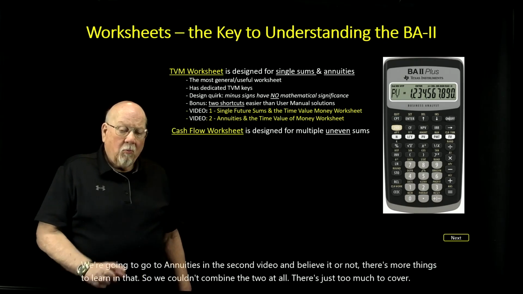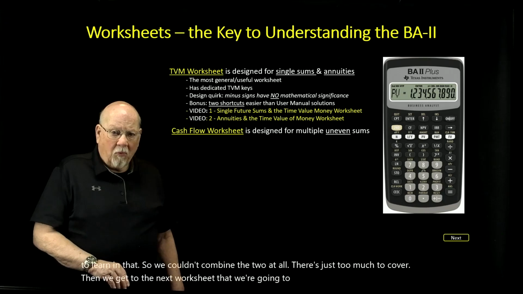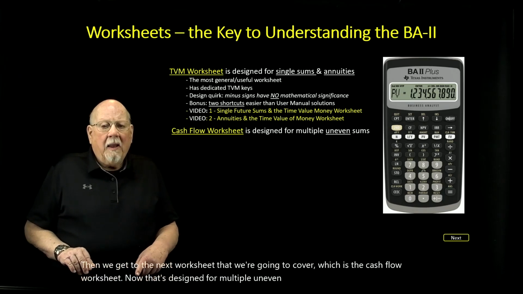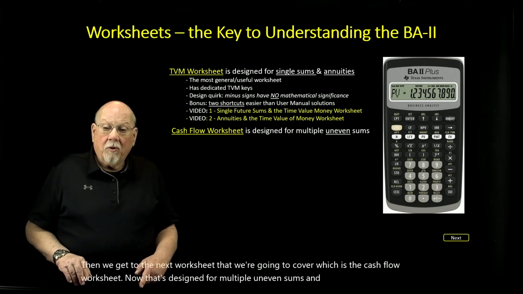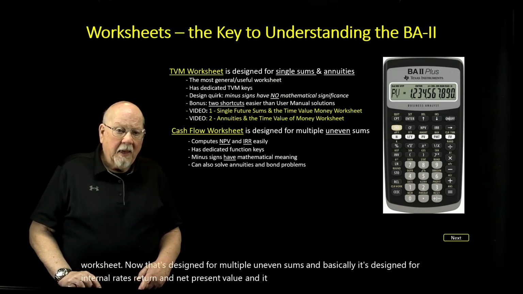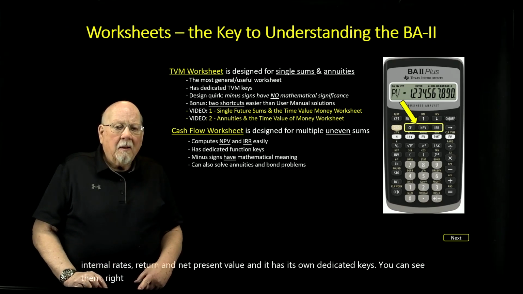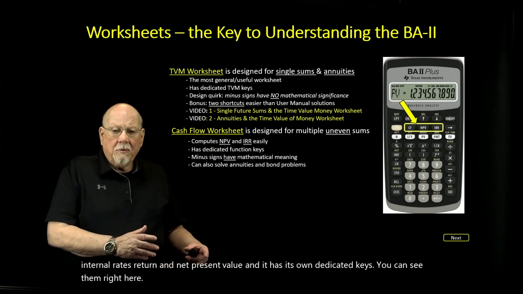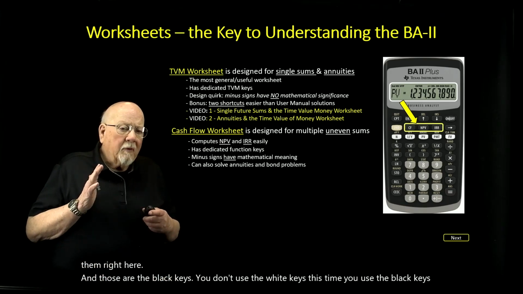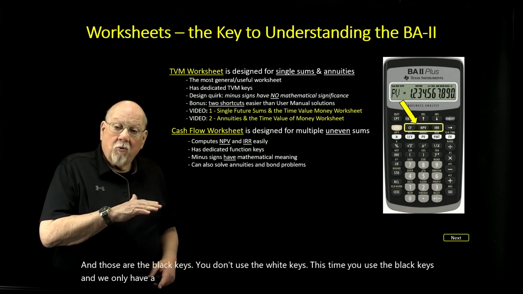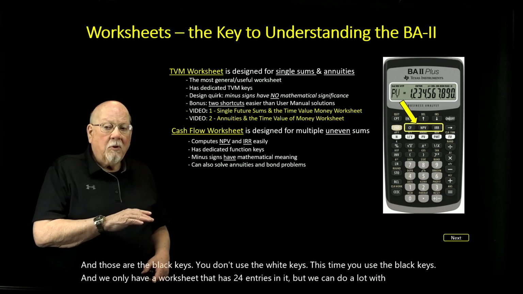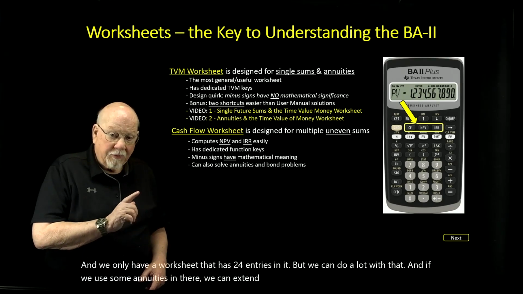Then we get to the next worksheet that we're going to cover, which is the cash flow worksheet. Now that's designed for multiple uneven sums, and basically it's designed for internal rates of return and net present value, and it has its own dedicated keys. You'll see them right here, and those are the black keys. You don't use the white keys this time, you use the black keys. And we only have a worksheet that has 24 entries in it, but we can do a lot with that,